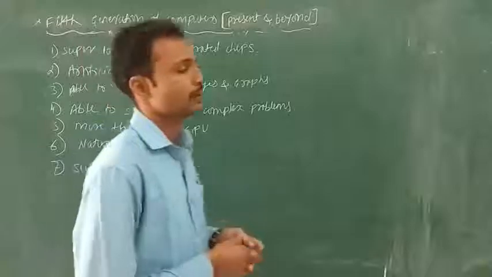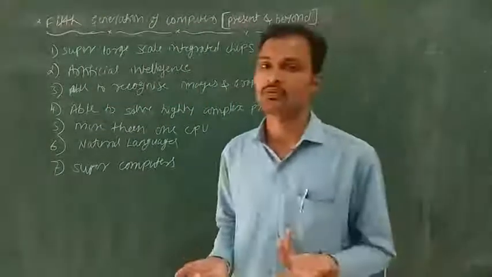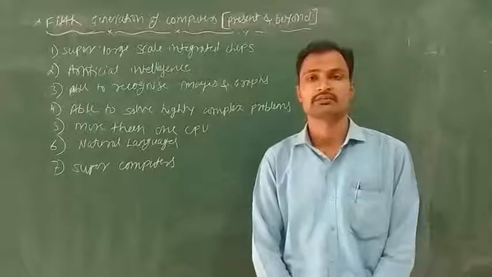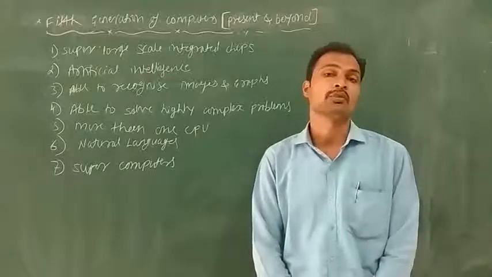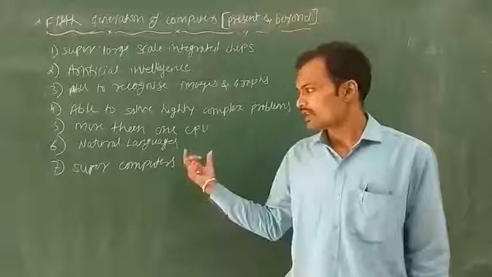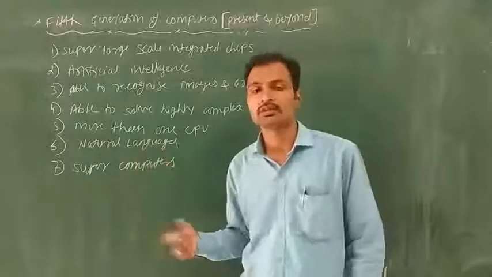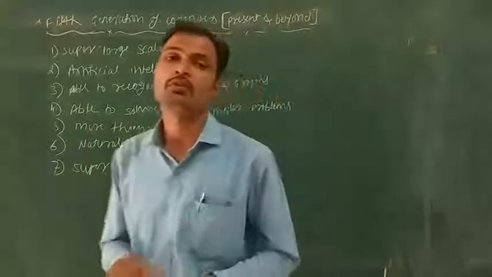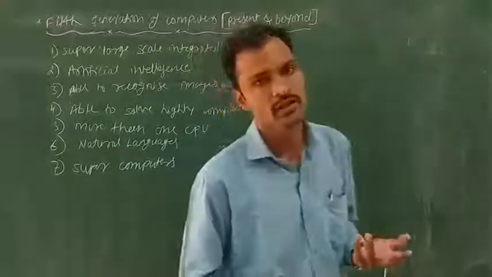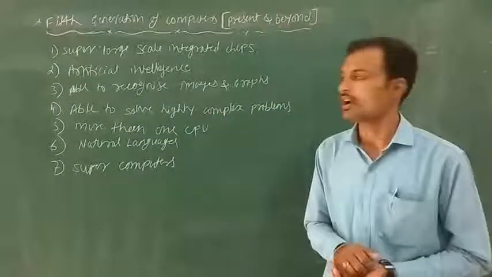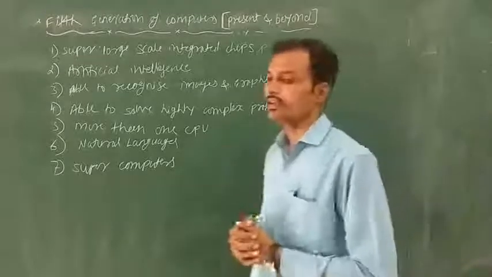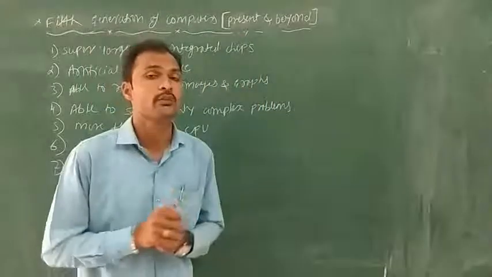The question will ask you for either 1 mark, 2 marks, 3 marks, or 5 marks also. For 1 mark, you write one important feature of a generation, like vacuum tubes are used for internal operations. If asked for 5 marks, you have to write 4 to 6 points. If asked for 3 marks, you have to write 3 to 4 points. If asked for 2 marks, write 2 to 3 points. If asked for 1 mark, you can write 1 or 2 points about the generation. Okay? So today ends the generations of computers.